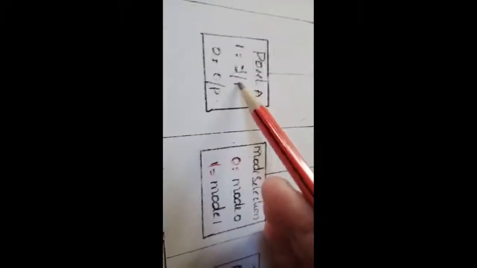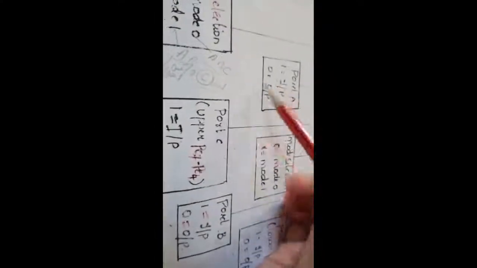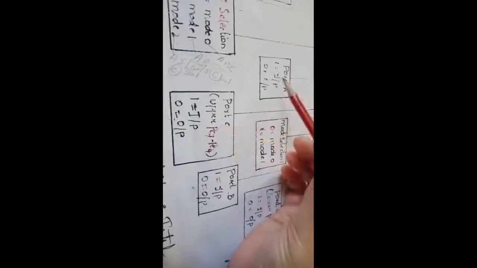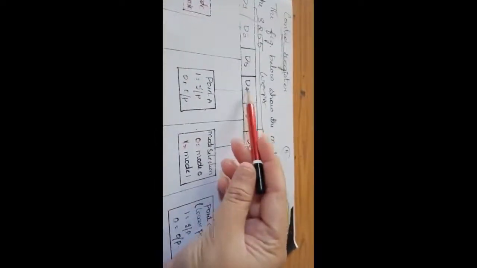Then we went to BSR mode, bit set or reset mode. BSR mode means you can use it in 2 forms. You can use port A with the upper part of port C. When the D4 bit is 1, port A is acting as input. When the D4 bit of the control register is 0, port A is acting as output.